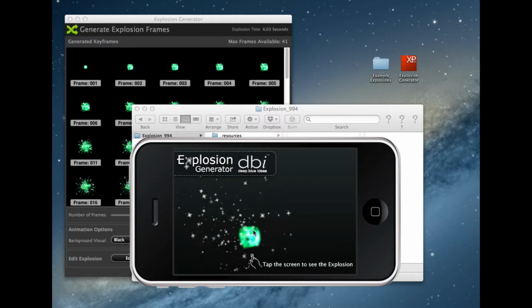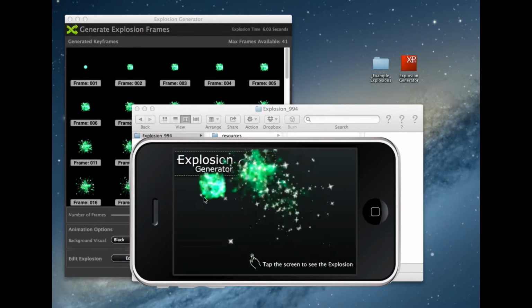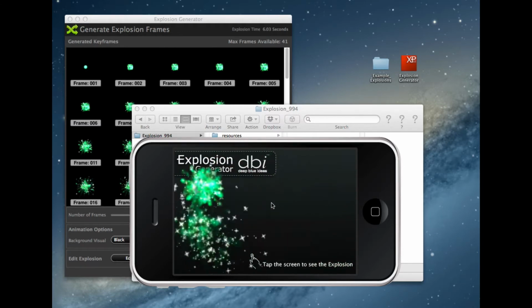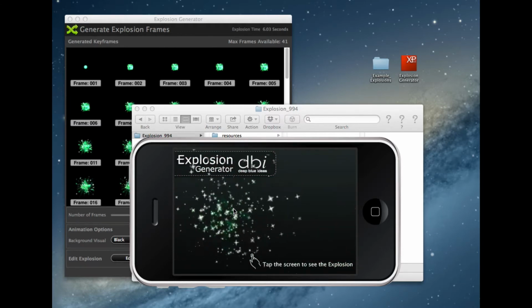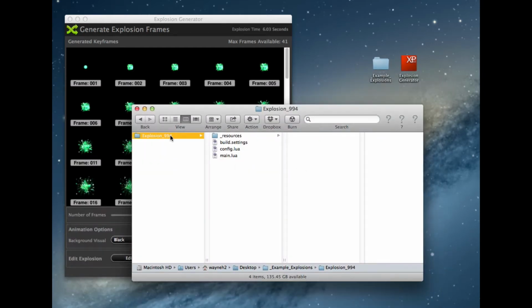And run the file, and there you go. It's a lot smoother, this explosion is. So we can actually add more frames to create the animation, make it smoother, make the explosion more realistic if that's what we wanted to do. Okay, and then the last option there that I think we saw was